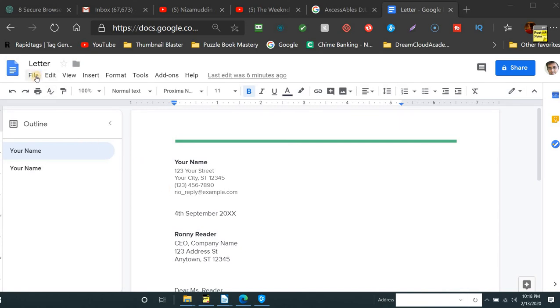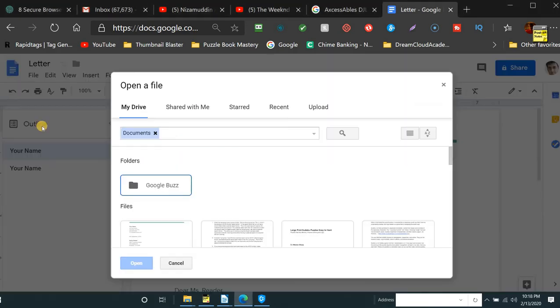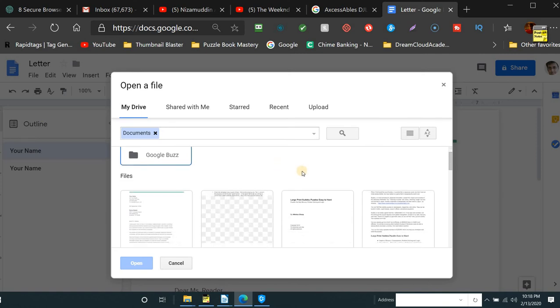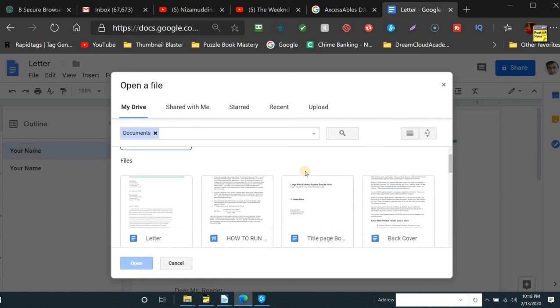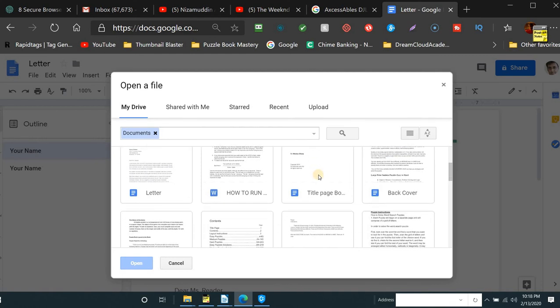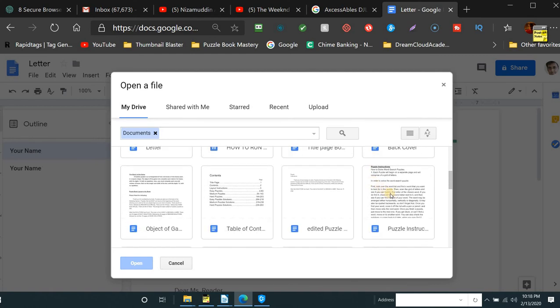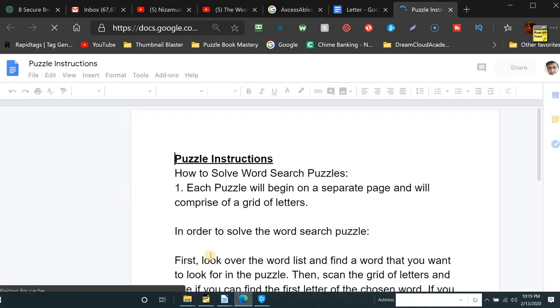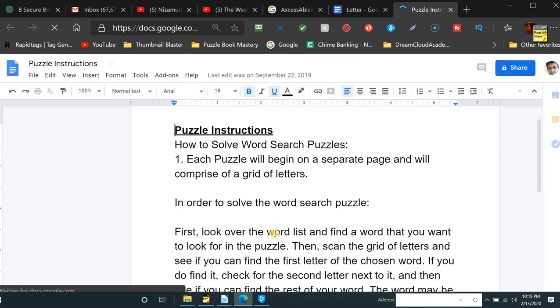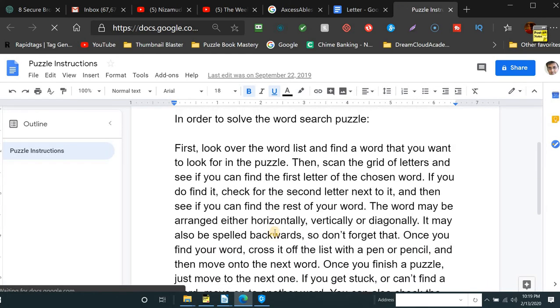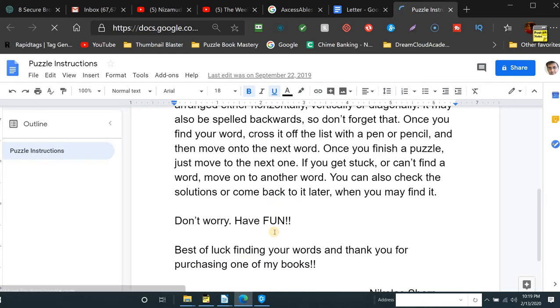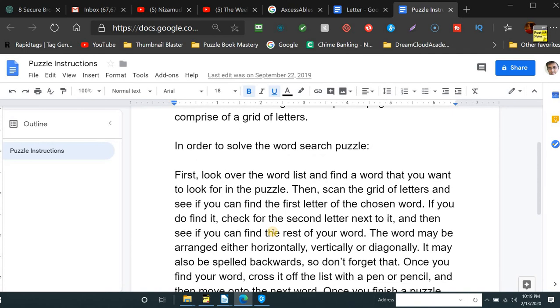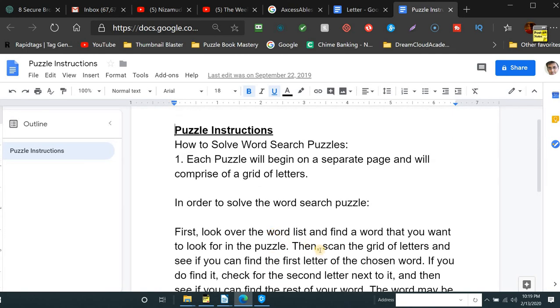So go up to File and Open, and you see these are my files here, but I'm just going to open up one of the documents here. Let's try this one. You click Open. Okay, now this is one of my documents here. So it's in English, as you can see. Your document might be different, might be some other language, but we're gonna translate English to Spanish as an example.